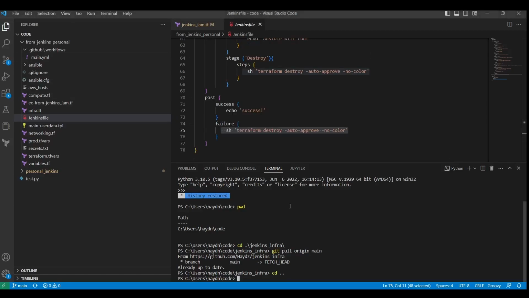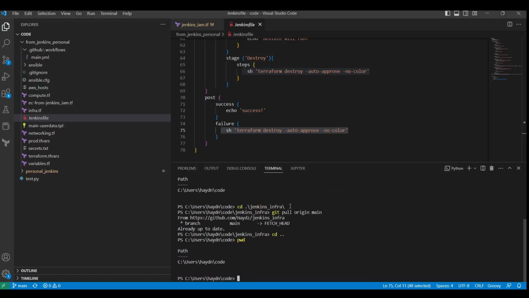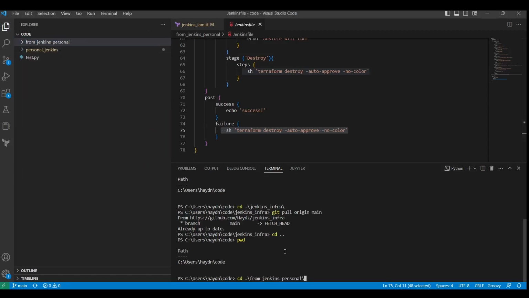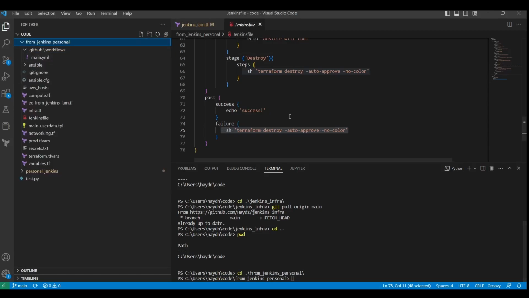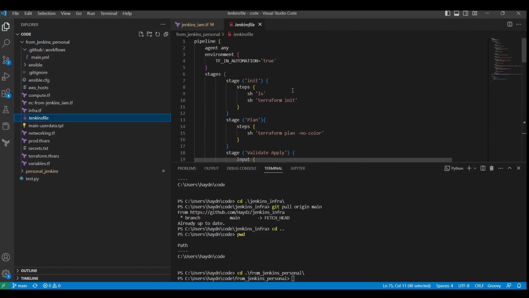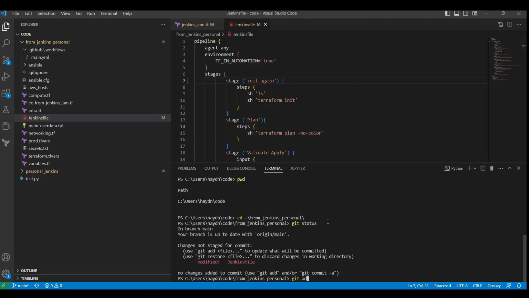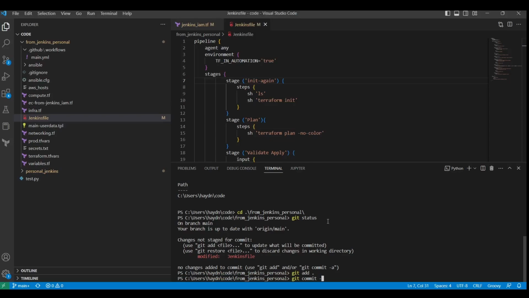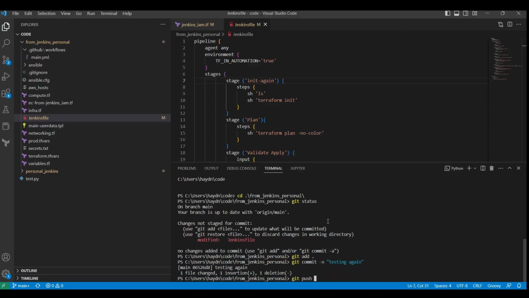Okay, so time to show you that it's going to do this automatically. Which file do I want to change? I could do Jenkins and name it init again. Whatever, git status. And we're just going to commit with a message, testing again, with the correct spelling, not that it matters for this. Git push origin main. Let me pause that and I will show the whole screen